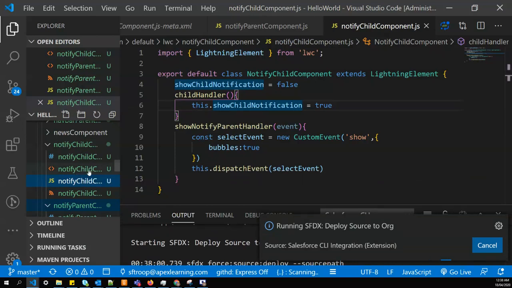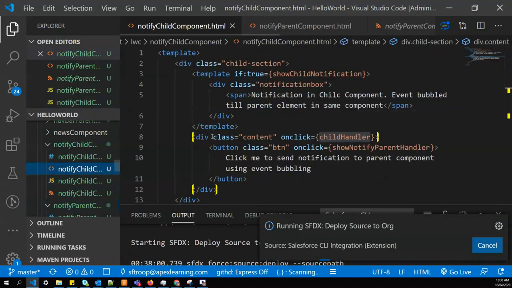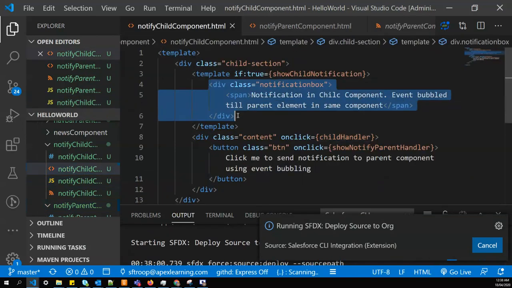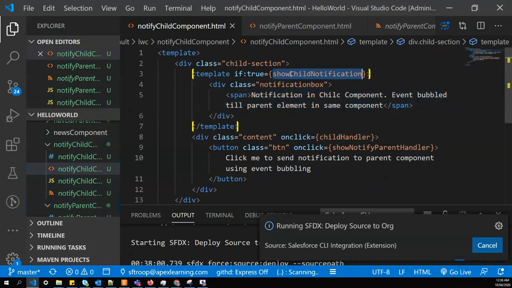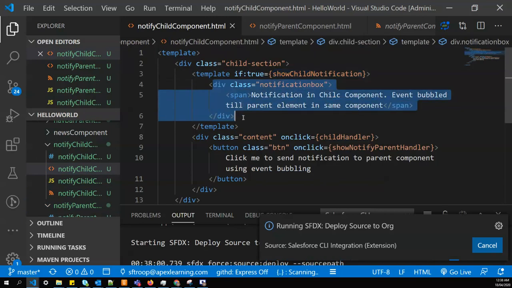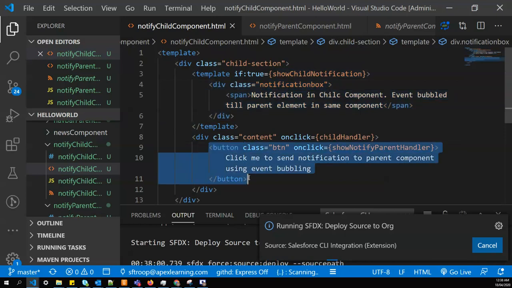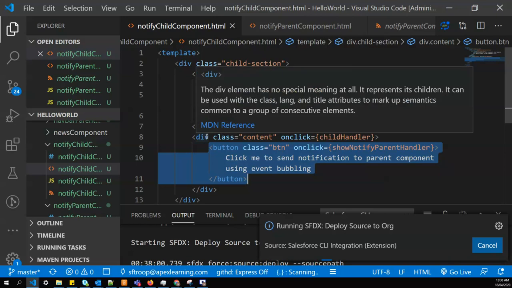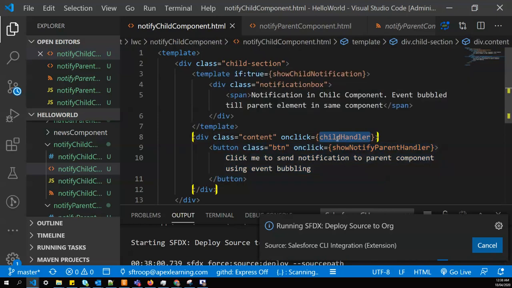In the child component we have created a notification box that is wrapped by a conditional if:true statement. By default this showChildNotification is false, so this notification will be hidden. We have created a button, and outside the button we have a div element on which we also have created an event handler.